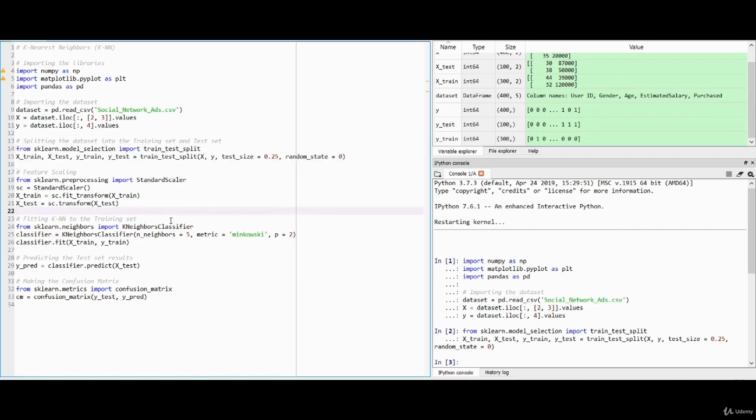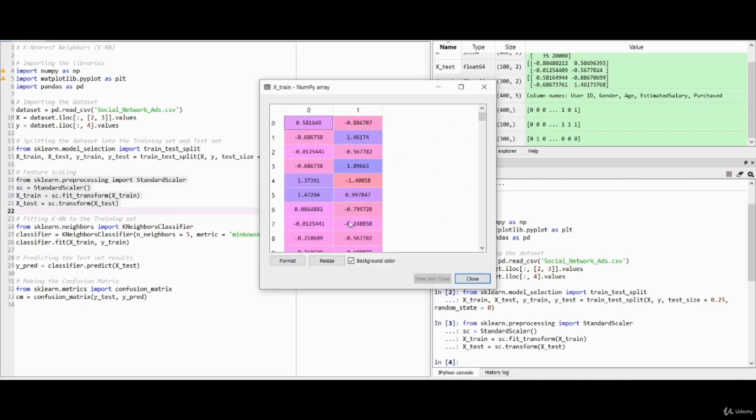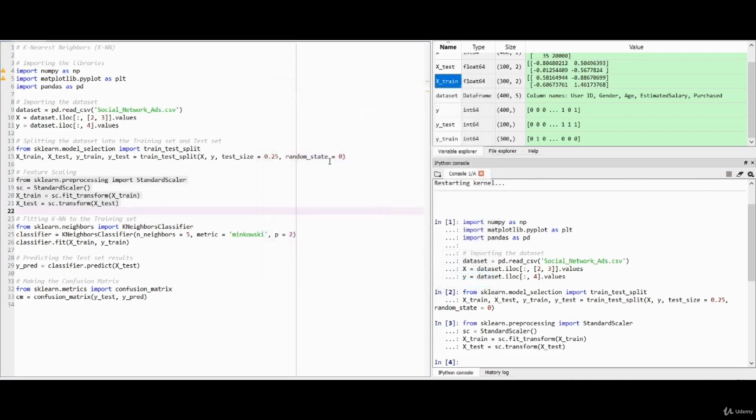Now after that we are going to apply feature scaling, because in classification the libraries we are using to train our model do not implicitly apply feature scaling, so we have to apply it explicitly. That's why we are applying feature scaling on our X train and X test. So the feature scaling is applied. Now you can see they are in the same range, salary and age.